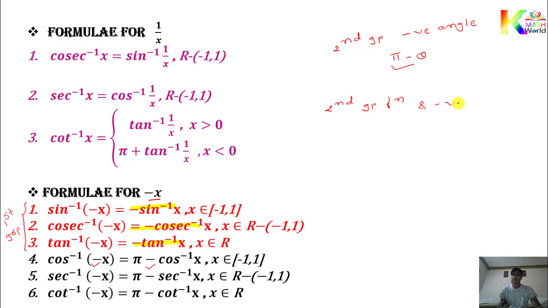It means the minus sign goes outside. For all the six results you get a minus sign outside, but for the second group you get plus pi extra. You can see in these three results you get only plus pi. Why? Because these are second group functions. And the minus sign goes directly outside for all of these. It means for second group functions you just have to add plus pi. This is how you can remember.